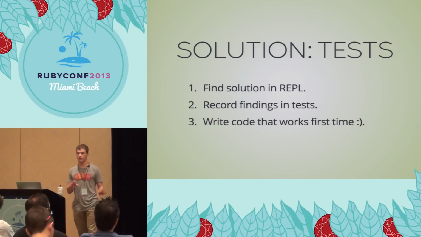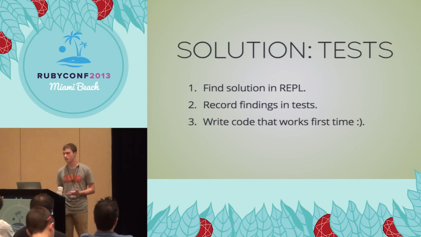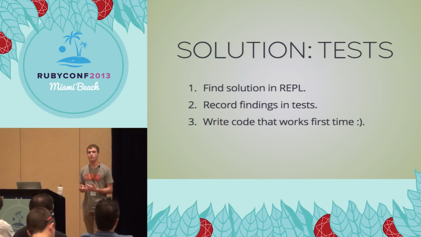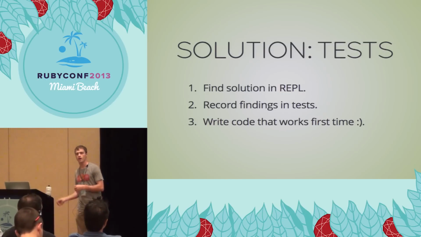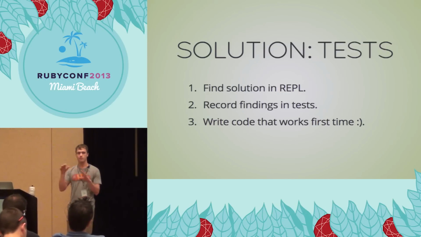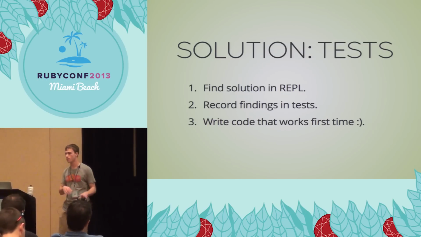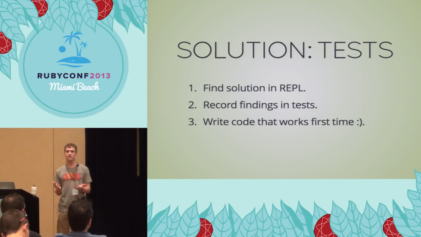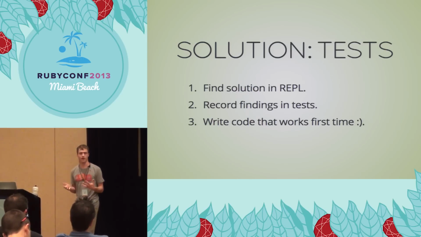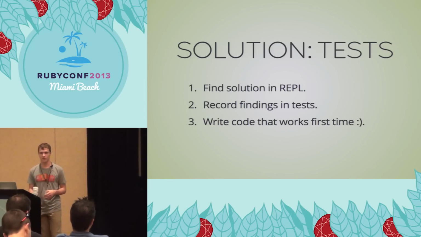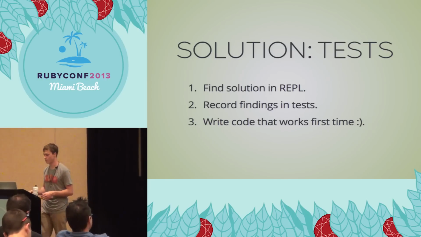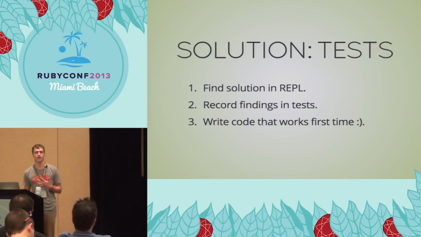I'm a really, really big fan of this because, as I said, 80% of the time when I write code, it doesn't actually work. So I can iterate really fast in the REPL, get a line of code that works, then put it somewhere, write some tests that test what it should do, and then do all the wiring, which is basically all the code I have left to write. I'd like it if that let me write code that works first time. It still doesn't seem to always work. But it's a lot better than 80%. I don't know quite how much